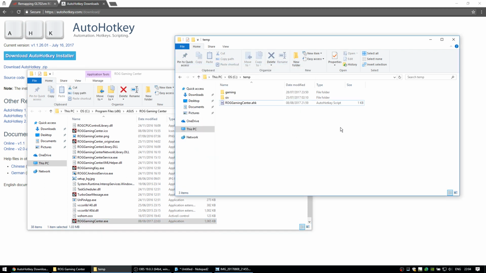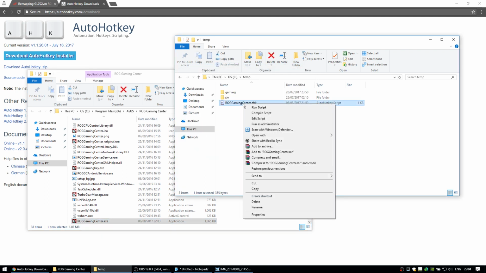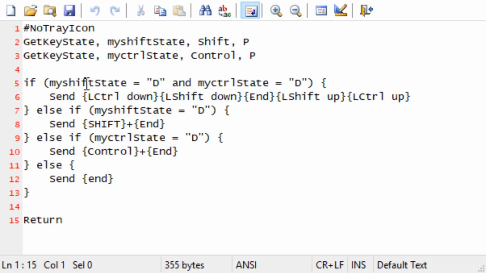and hopefully I can demonstrate now if I load up say for example that script. So I'm going to, if I press home, which is just a standard normal key on this keyboard, it works. Now if I want to go to the end of this line, I'm going to press the ROG Gaming Center button, and it goes to the end of the line, which is really, really useful, much more useful than the ROG Gaming Center. If I wanted to do, for example, shift and end to go from the middle of this text to the end, hold down shift on my keyboard, press the ROG Gaming Center button, and it does that,